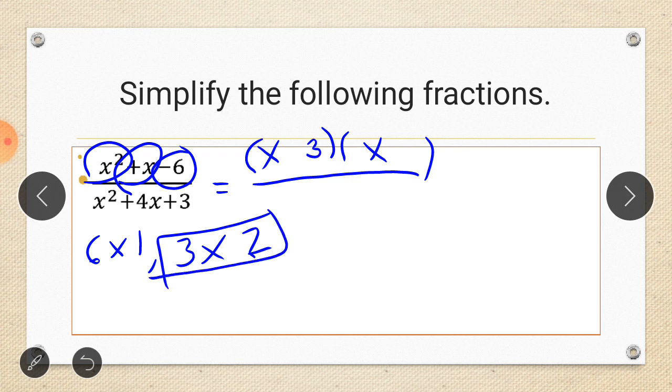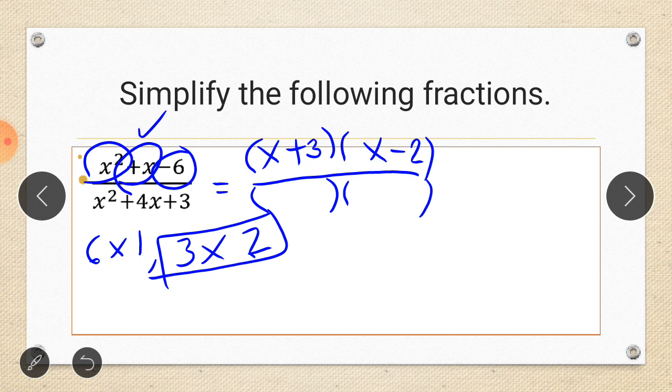So 3 and 2, because when you subtract 3 and 2, it will become 1. So the middle term is positive, so we're going to give the positive sign to the larger number. So 3 will be positive and 2 will be negative. So when you add positive 3 minus 2, it will become positive 1, which is the middle term of the trinomial. For the denominator,